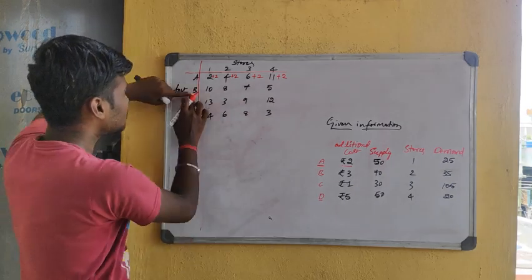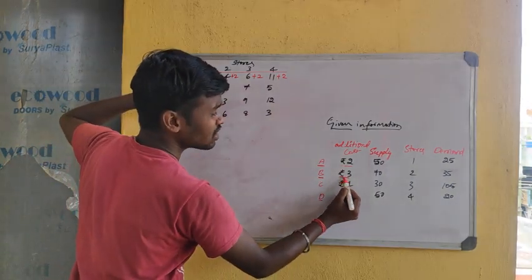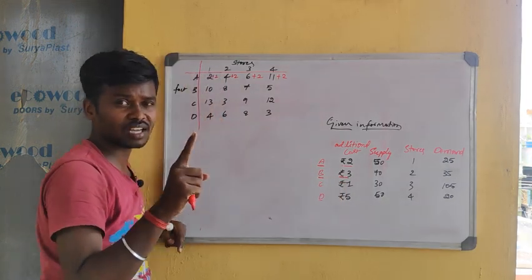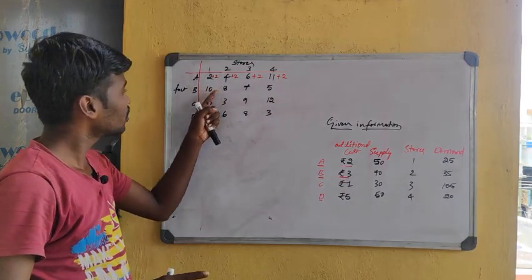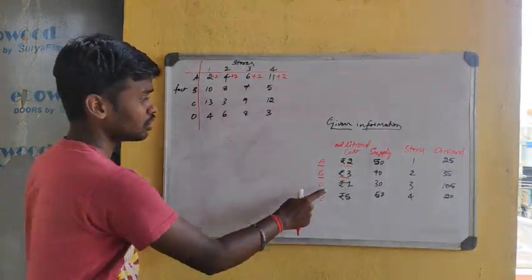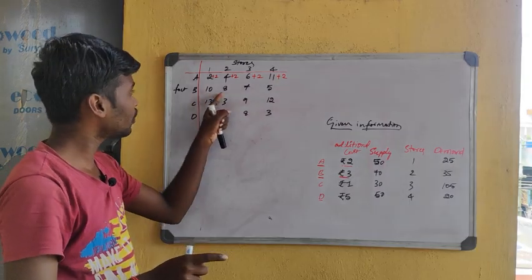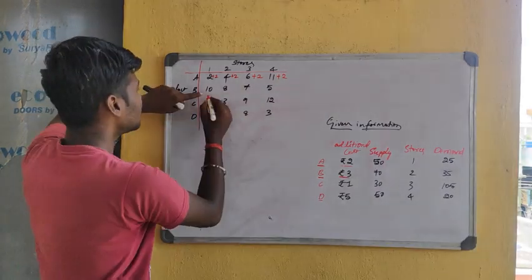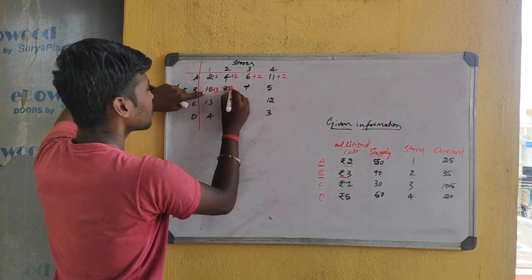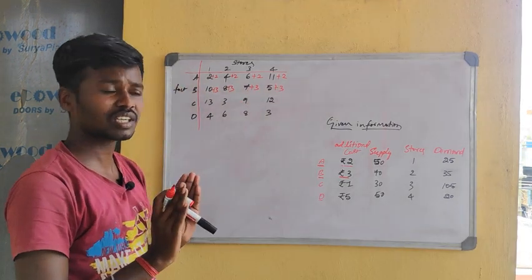Okay, so see, similarly for factory B, what is the additional unit cost? Rupees 3 per single unit, right? So how many unit costs are given? 4 unit costs are given. So this 3 rupees is additionally incurred for a single unit. Then for 4 units we have to add, right? So +3 +3 +3 and +3. So that is the logic.